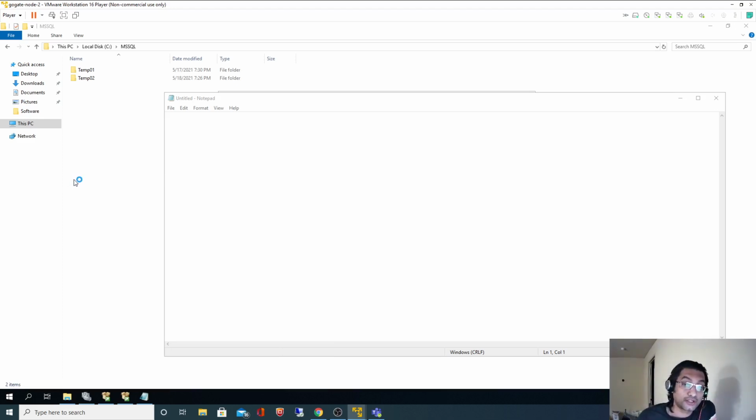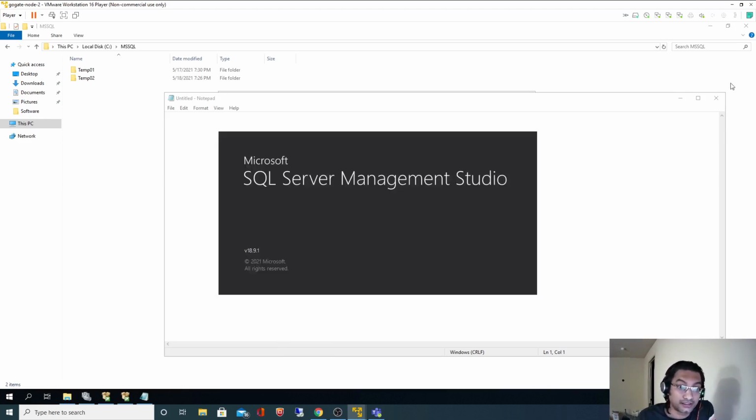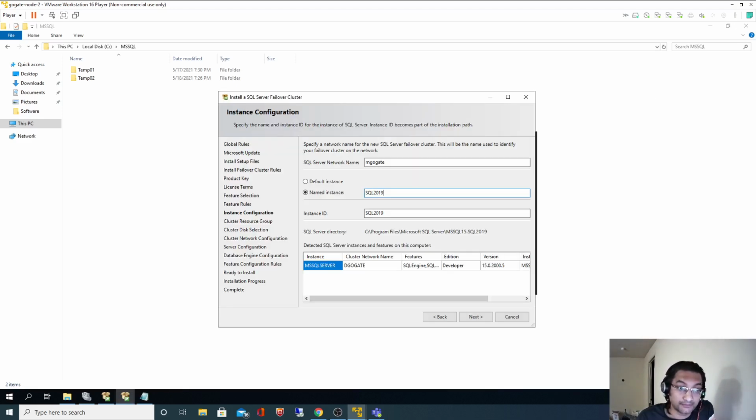Now, in order to connect to our instance or database, we just provide the SQL Server network name. Currently our cluster name is dgokte.